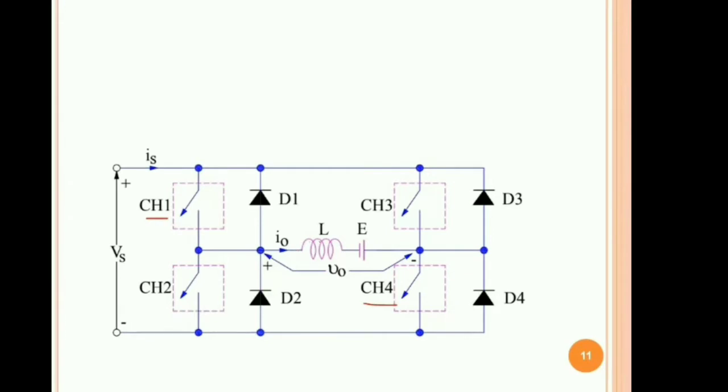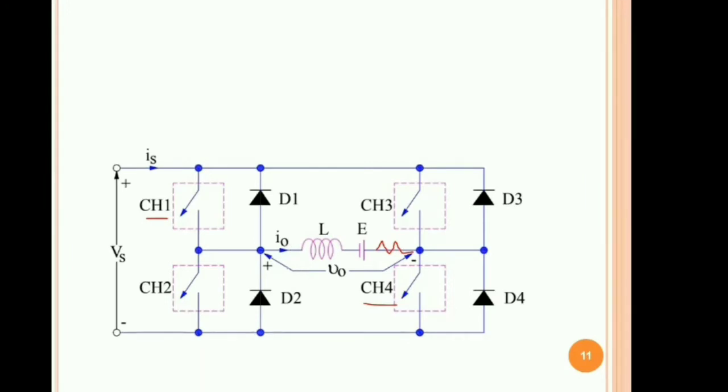The load is assumed to be a DC motor load, and of course here the resistance is absent, so you can consider the resistance also. The DC motor can be modeled as an RLE combination, that is armature resistance, armature inductance, and the back EMF, which we can call E_B. The input supply is V_S, and I_S is the source current, and I_0 is the load current. In some books it is I_A, the armature current. This is the reference direction of the current, I_0.